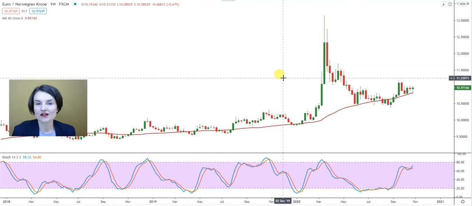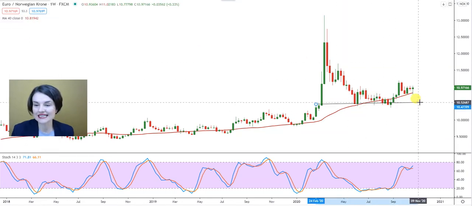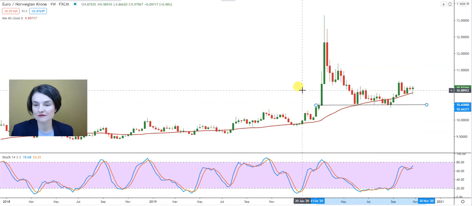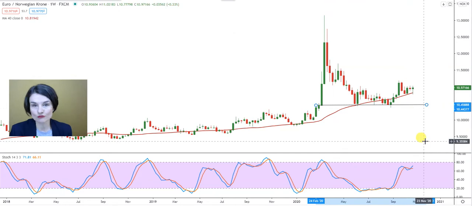Mpo wanted us to look at the Euro-Norwegian krone currency pair. And Mpo, we can clearly see, almost like in the case of the rand against the dollar, there is an inverse cup and handle formation. And that normally tells us and implies, and I want to draw this massive cup and multiple handles that are currently visible, and it looks like it's even working on a third handle, implies that the krone can probably strengthen